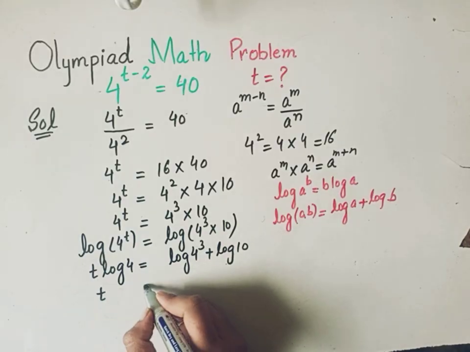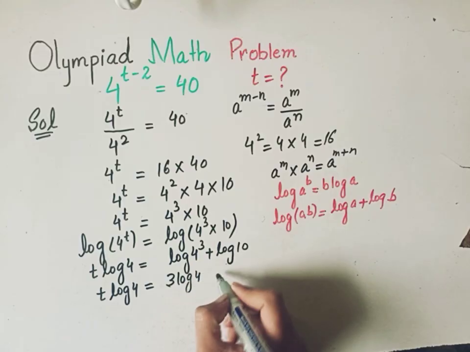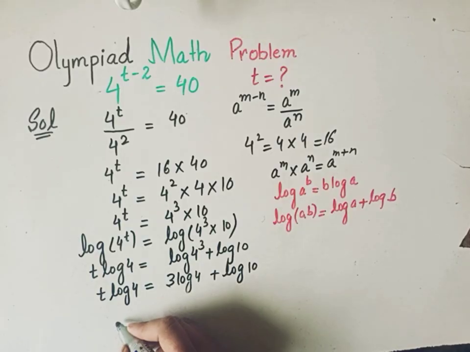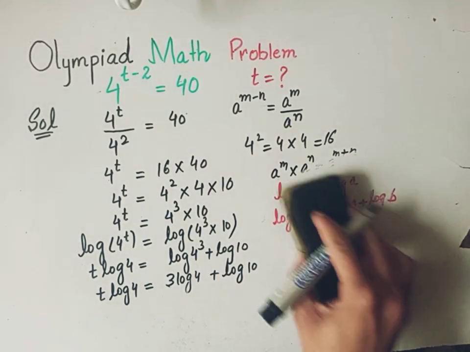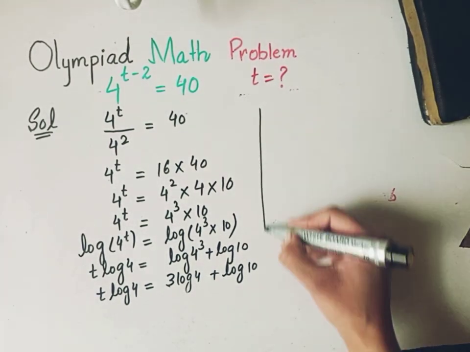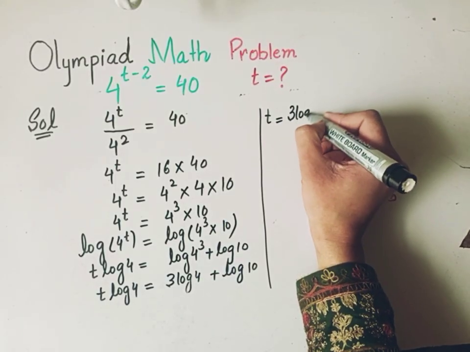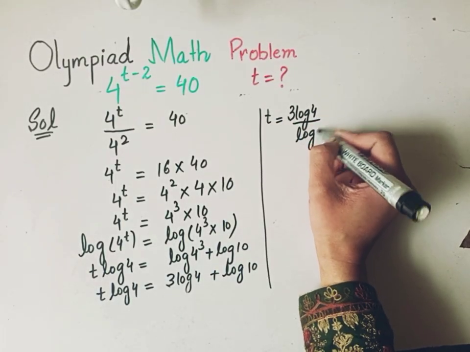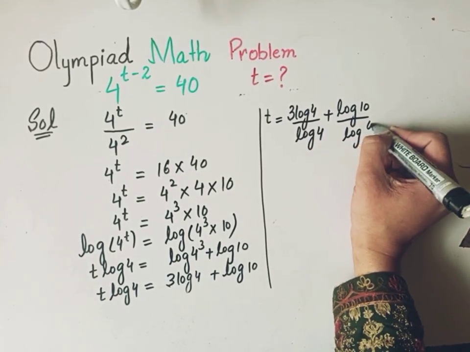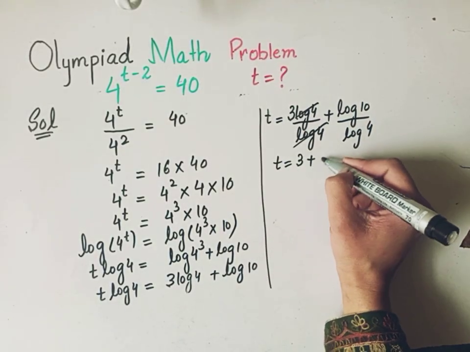Then t log 4, this power is in the start, plus log 10. Now log 4 is divided by this. So we will solve this further here and get t equals 3 log of 4 divided by log of 4 plus log of 10 divided by log of 4. So log 4 both are cancelled out. So t equals 3 plus log